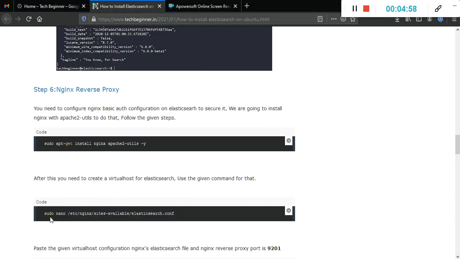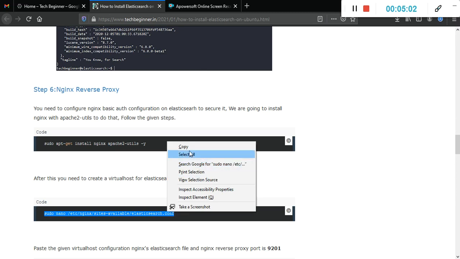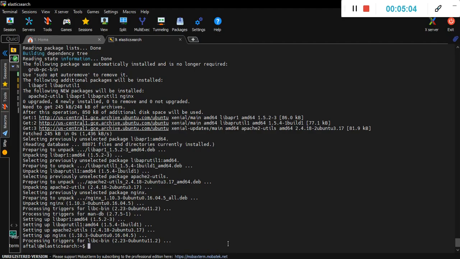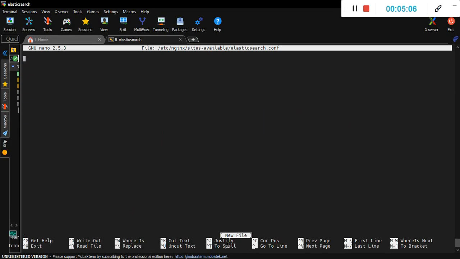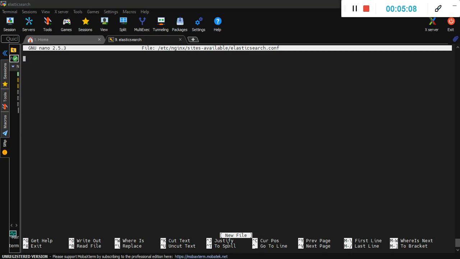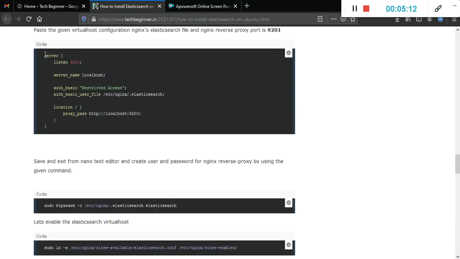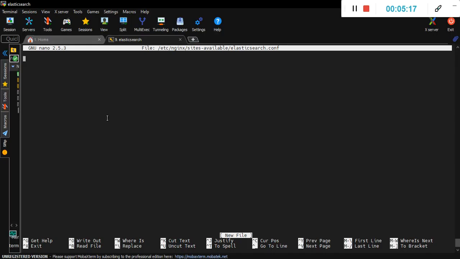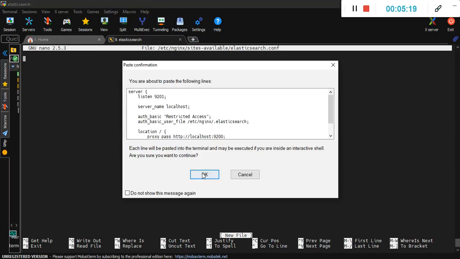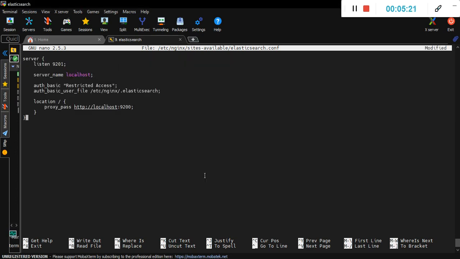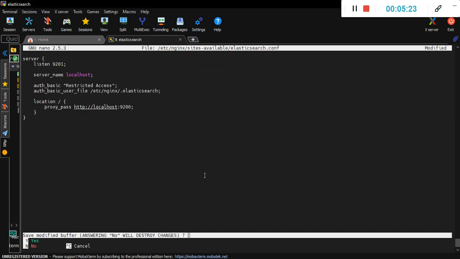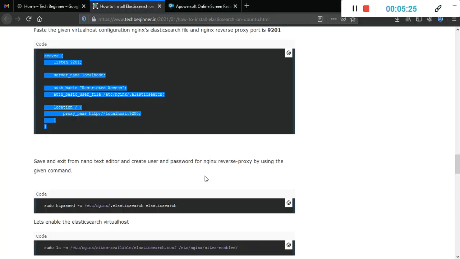And after that you need to create a virtual host, elasticsearch.conf, to allow access from the network with authentication. Here I have already prepared the syntax for the same. You need to just copy and paste here. Press Ctrl X, Y, enter.